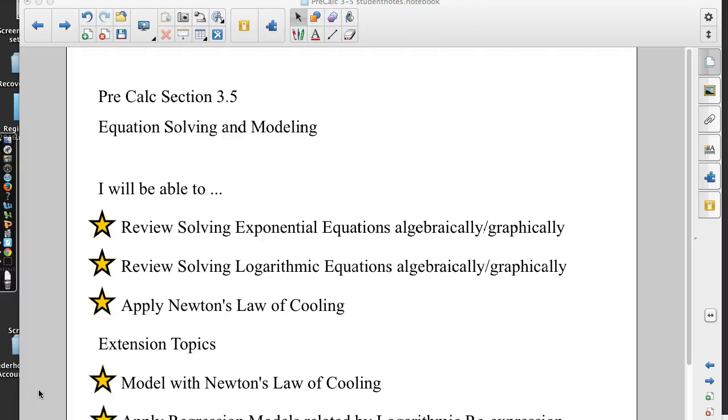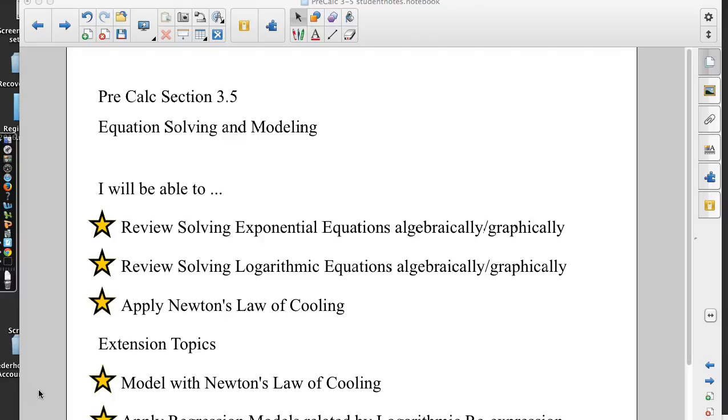We probably won't get to the word problemy stuff, the modeling stuff, until tomorrow, next day. So review solving exponential equations algebraically and graphically. Lots of algebra today that we're going to use. And you're going to find out it definitely is a step above what we expected people to do in Algebra 2 using those logarithms. So reviewing solving logarithmic equations algebraically and graphically, applying Newton's law of cooling tomorrow or the next day,